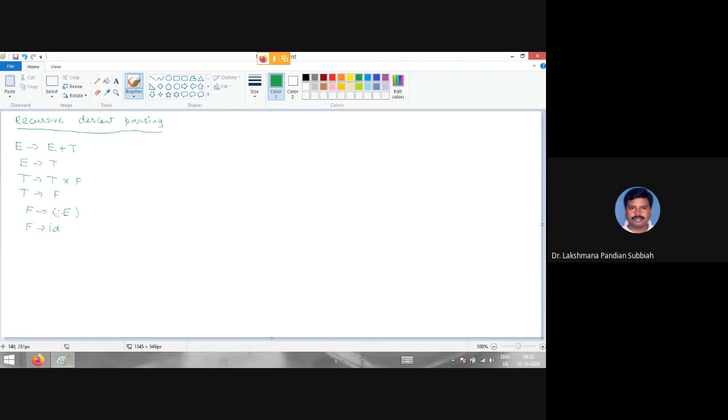Now here also, this is also a top down parsing technique, right? So we are having this one.